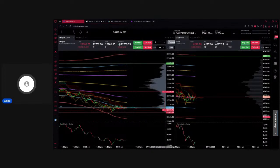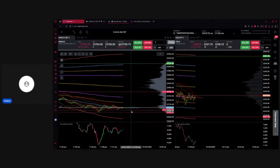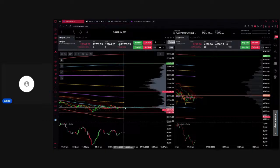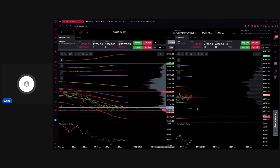Coming closer to the hour, for example 12 o'clock, if I'm not in profit greatly, that means momentum is not in my favor. I tend to either just exit the trade, or if it goes in my favor, I add to it as it goes up. So once I see this cloud thicken, curl, and move up before 12 o'clock, the longer it holds above the average here on the cloud, the likelihood that this Kumo twist becomes a positive Kumo twist to the upside. The longer we hold here, the buyers will take control. Supposedly the sellers should, but